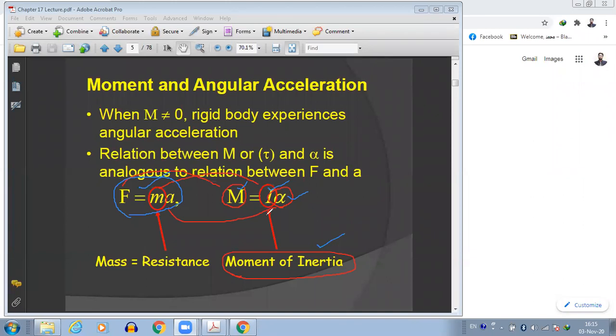So this is all about moment of inertia. Okay. So, regarding this relationship, which I explained between F equals ma and M equals I alpha,